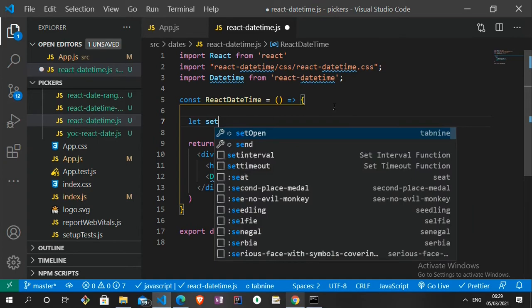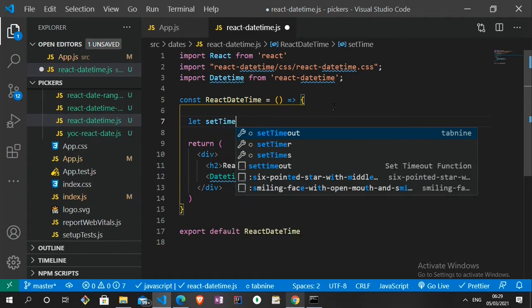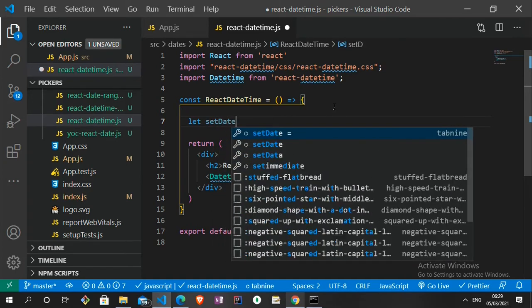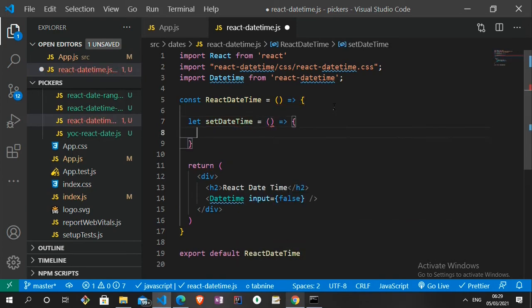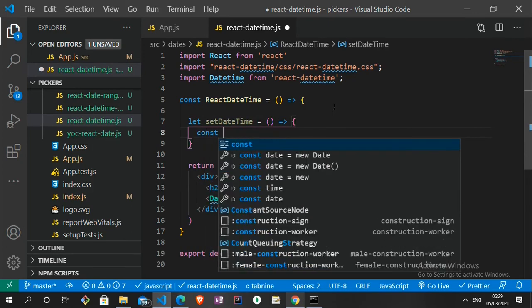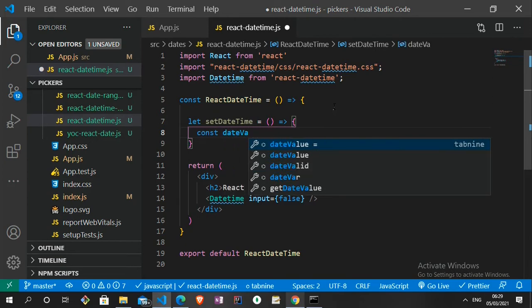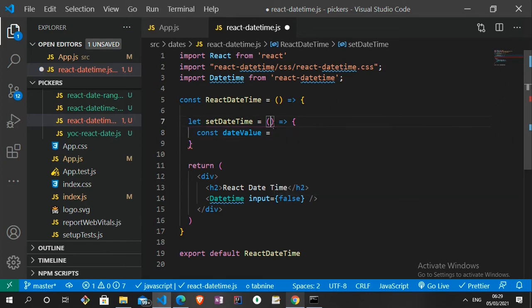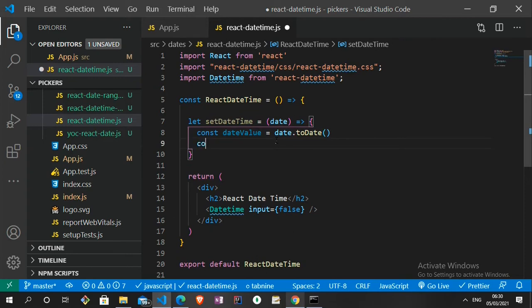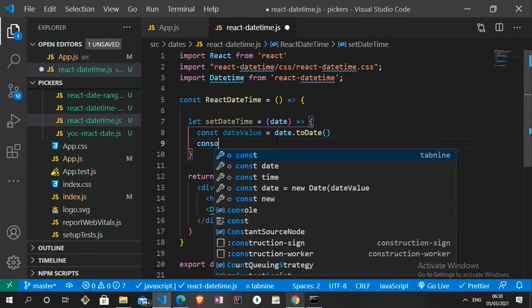So let's set time, set date time. Let's just call it set date time is equal to, then we create an anonymous arrow function, and let's create a value called const date value. That is the value of our date. This takes in an argument called dates. So let's just say date dot to date, which is the current date, and then let's log that to the console. So console dot log